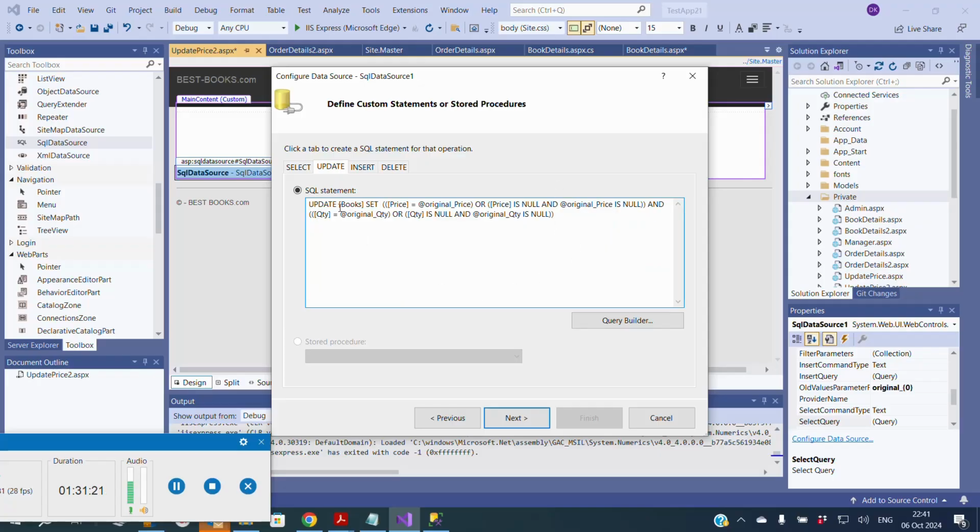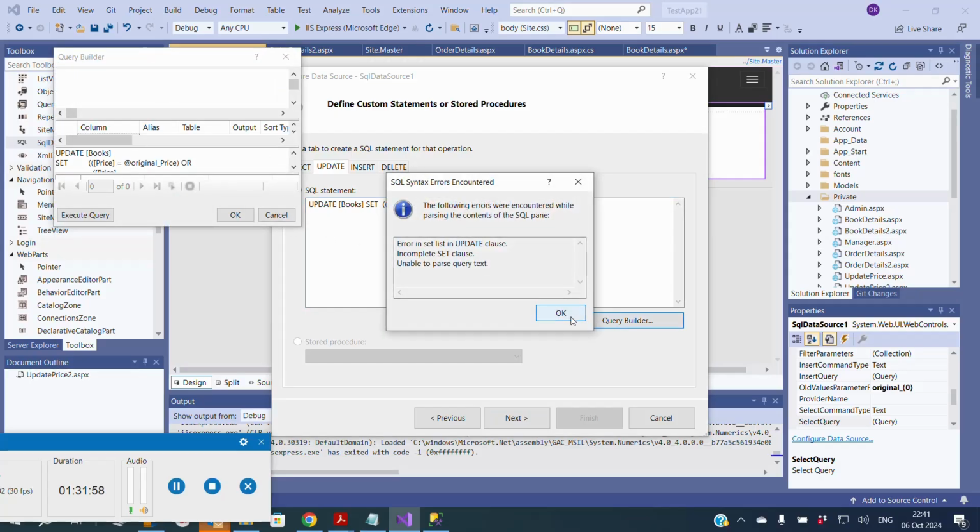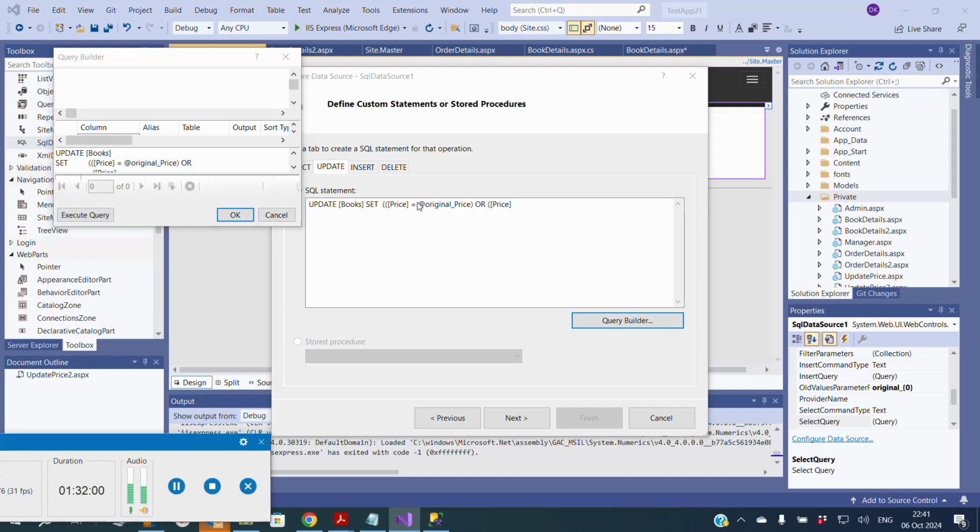What we need is to update the book, set the price equal to original price. We just need to have price is equal to original price, or rather, we can go to the query builder and specify it. It will of course give us some error here